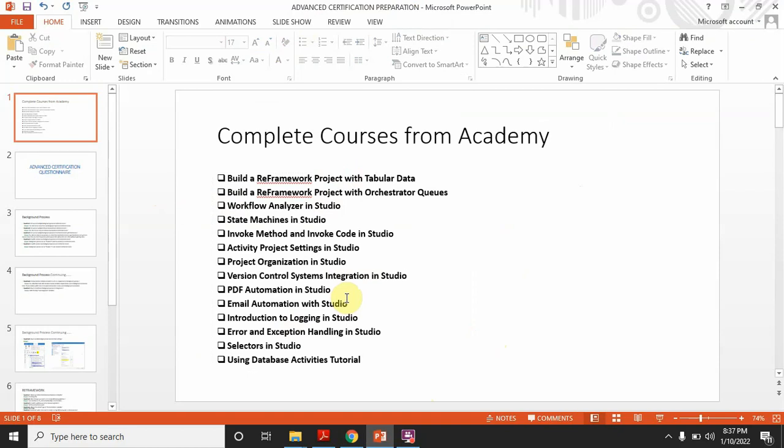The documentation is prepared so well that when you read it you will not be confused. So instead of going here and there, just go to the documentation part of the official UiPath site. I'm going to put that URL in the description.